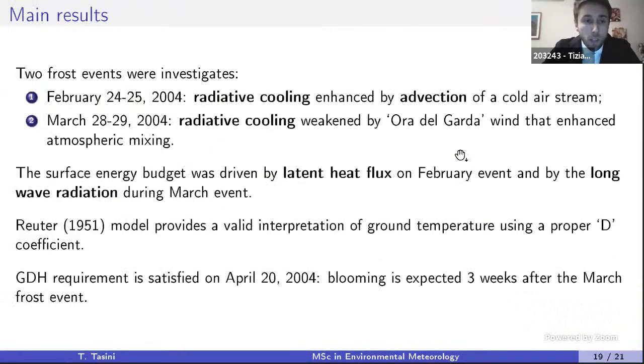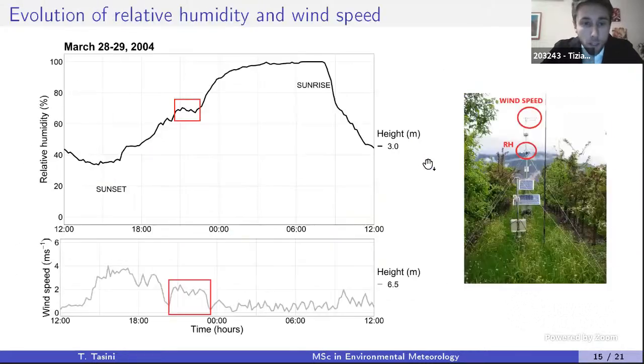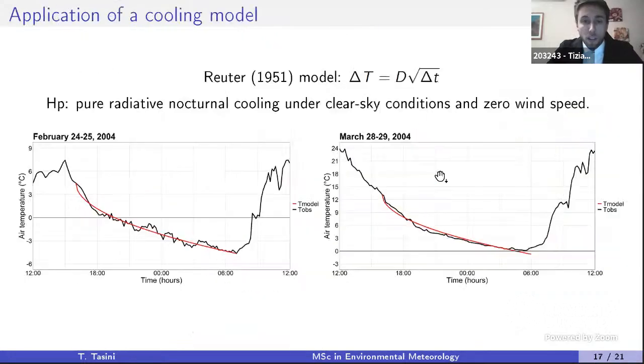Okay, I turn to the slide here. So the relative humidity was measured in this case 3 meters above ground level, so near the top of the canopy, while wind was measured 6.5 meters above ground level by the sonic anemometer. So there is a difference in height, and I can show you